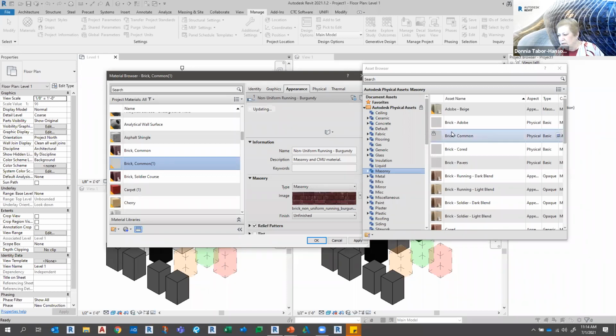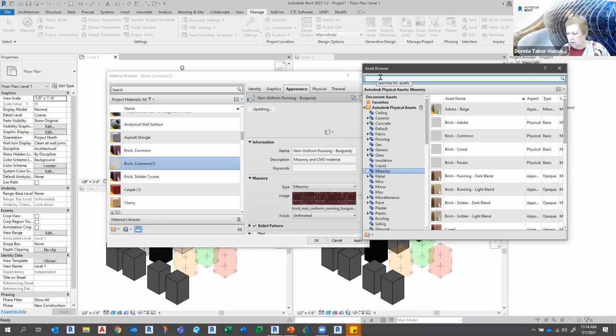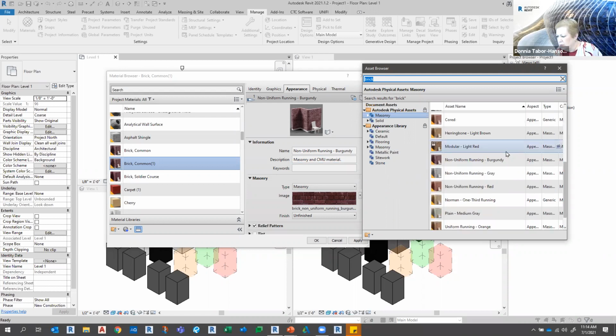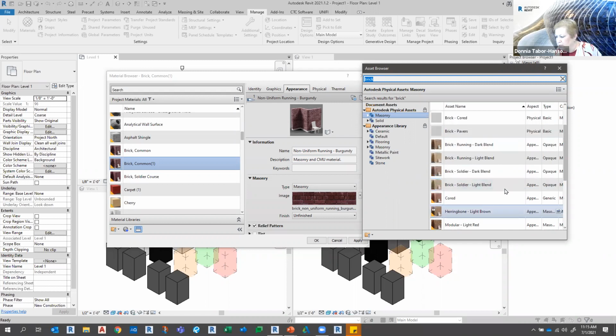So the first thing I got to do is come down into the appearance over here, and we go back to make sure we're only searching the brick. And under masonry, I can start looking for something close. This one was a non-uniform running burgundy. So why don't I go get a brick? No, that's the red, but that's got the yellow on it. So maybe I want to get,